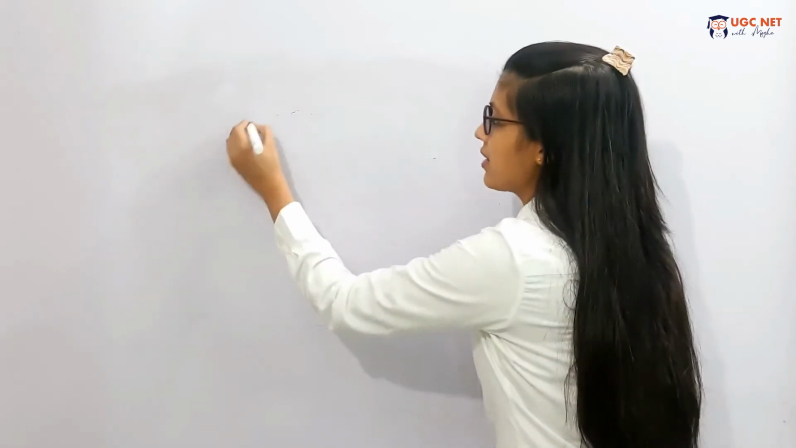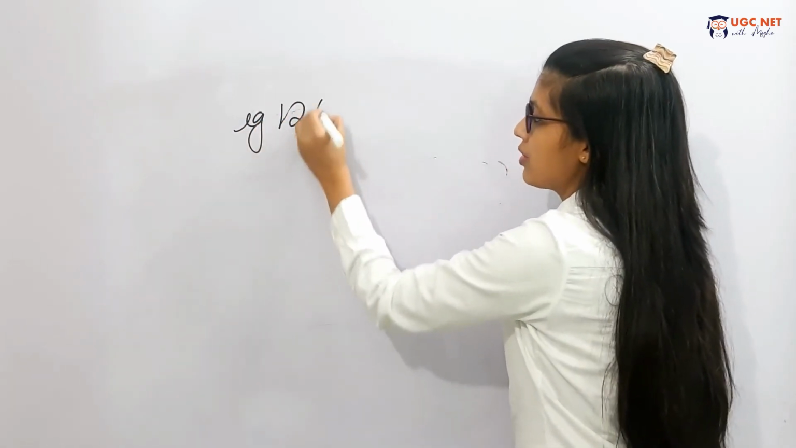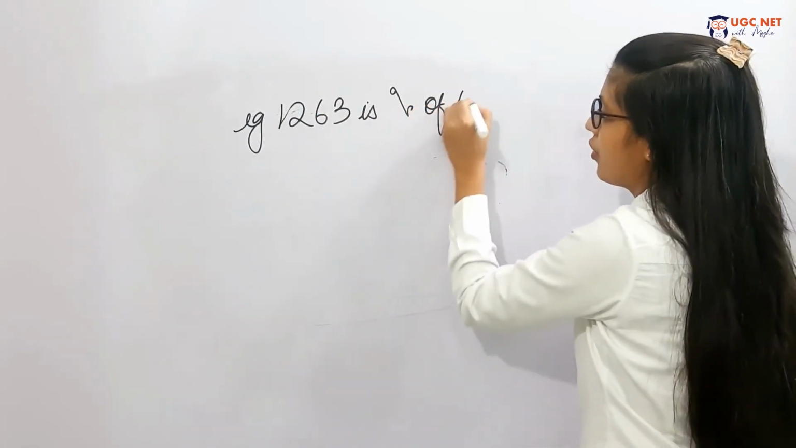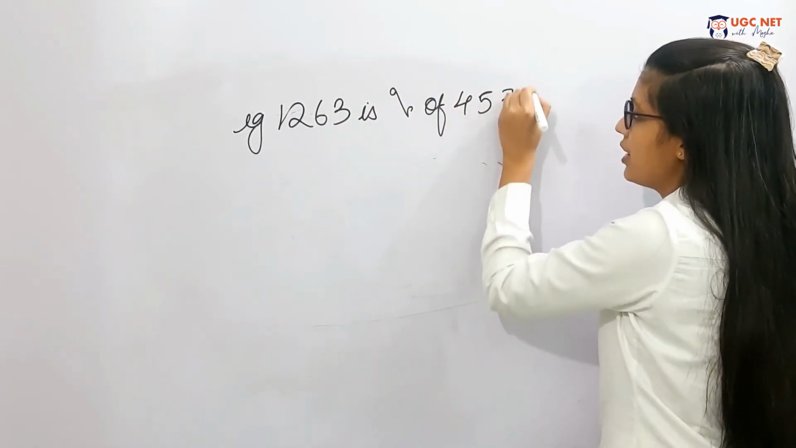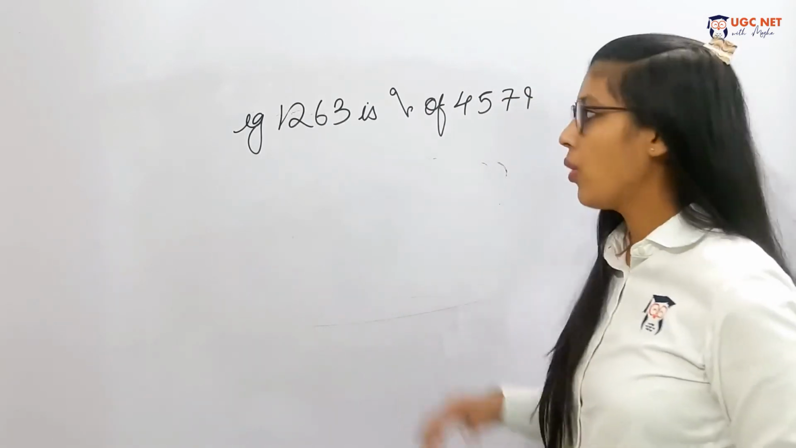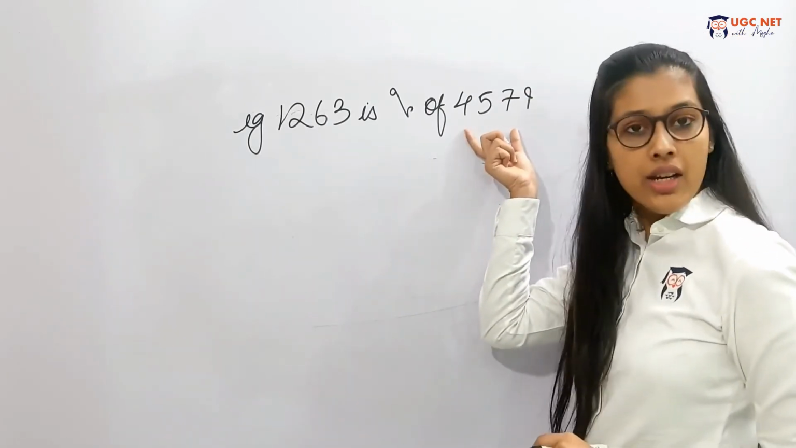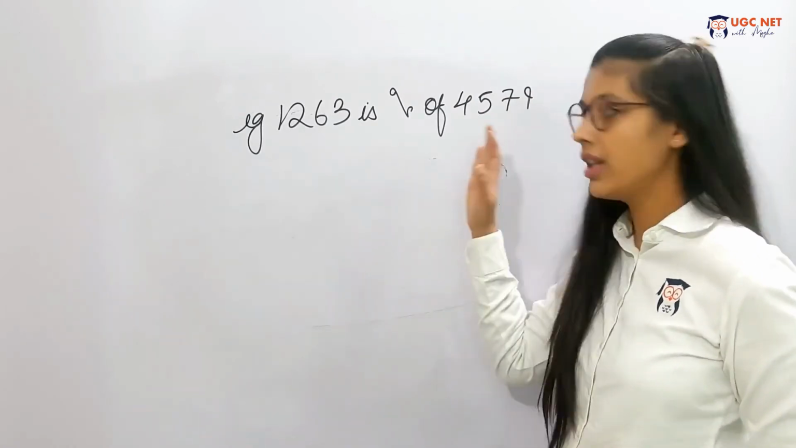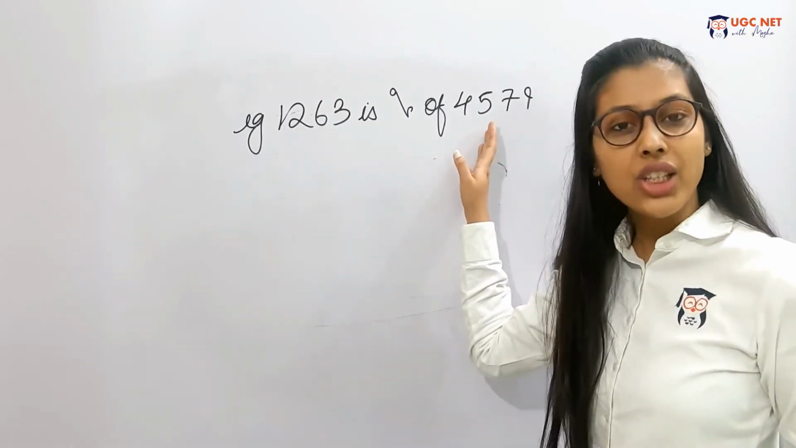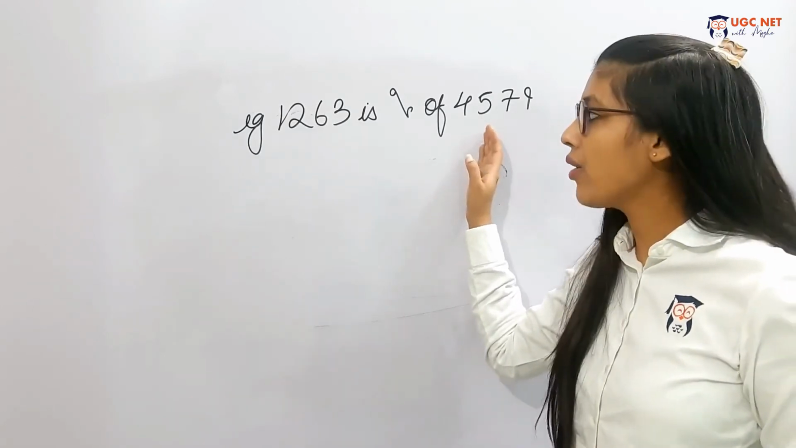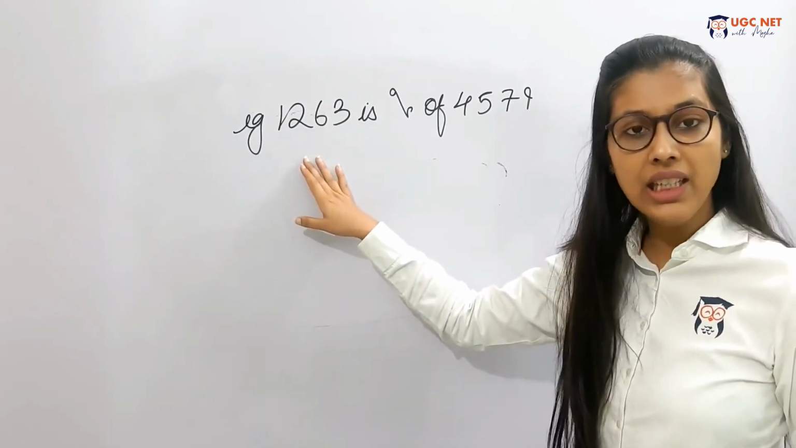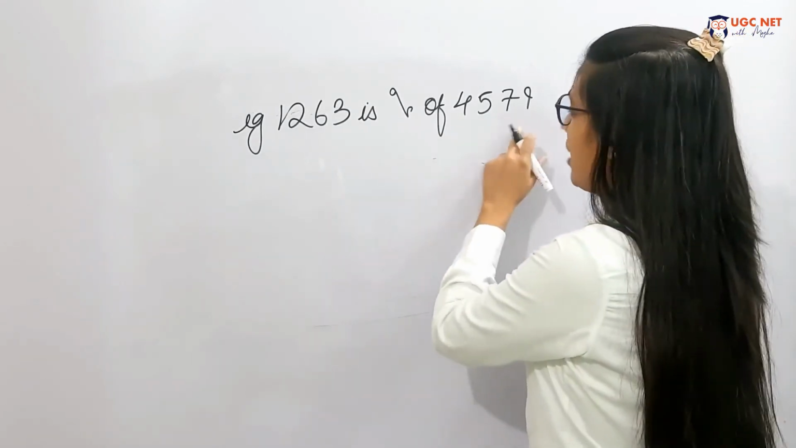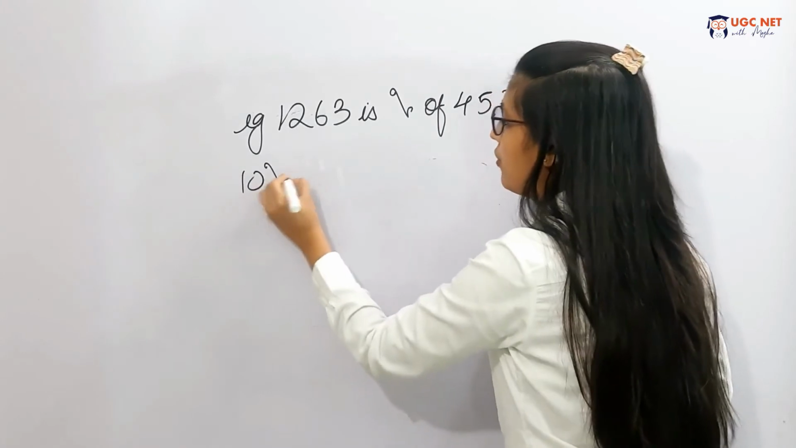So let's take the same example only. 1263 is what percentage of 4579. So this is the number. Now what you will do is you will calculate 10%, 5%, 50%, 20% and 1% of this number, because these calculations are the simplest ones, and on the basis of that you can get an idea of what the exact answer would be. So for example, the 10% of this given number would be